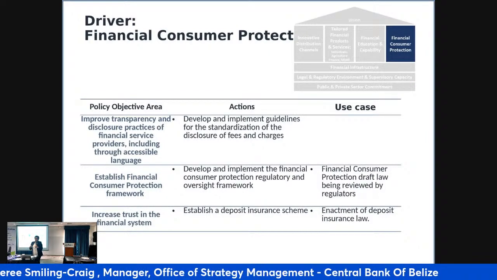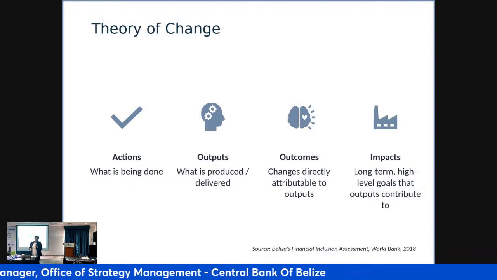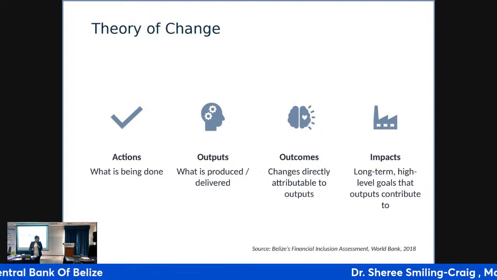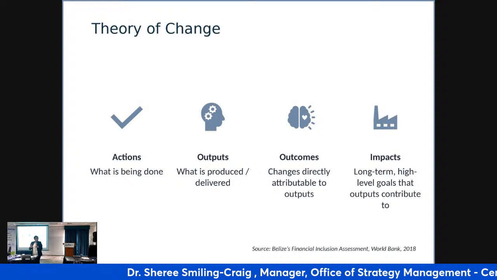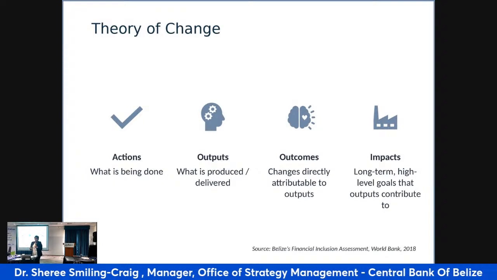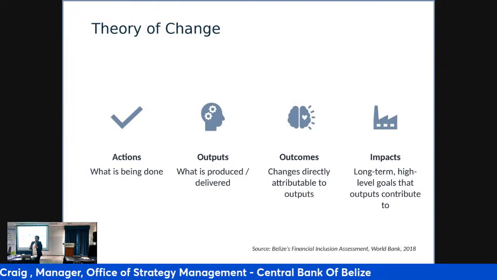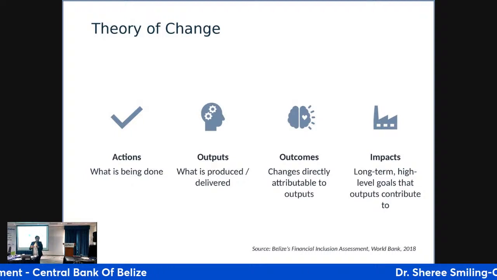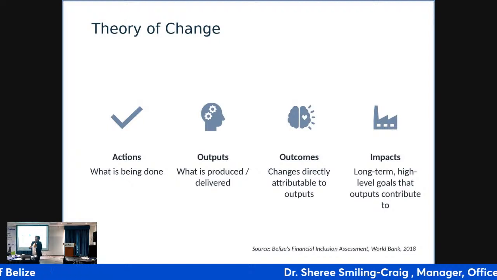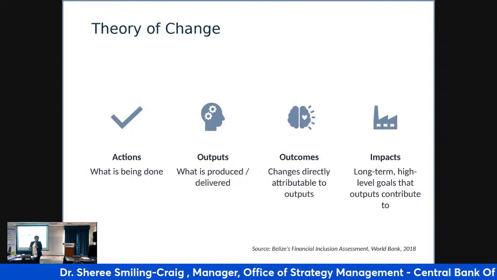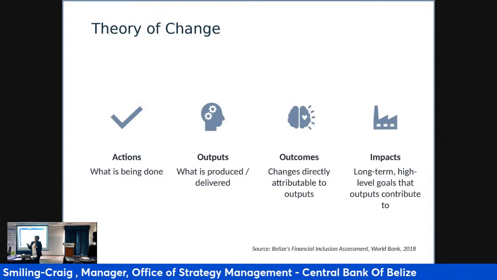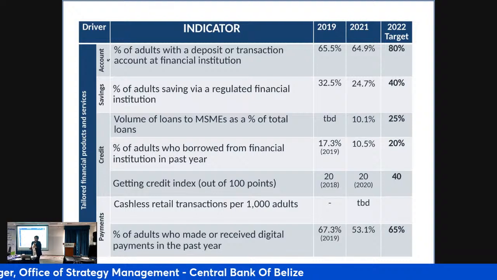So, for the central bank again, we use a theory of change in implementing projects like this. We have our actions, which you saw, I just went through. We have the outputs that we want from these actions, what it is that you must deliver. Then we have the outcomes, and we want to know the impact. So we are going to be constantly monitoring all the actions, all the activities by stakeholder groups to see how they are progressing. And we have indicators and targets that we want to reach, and we have some of them